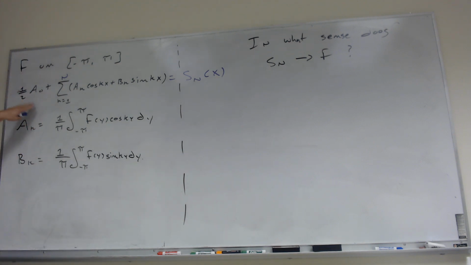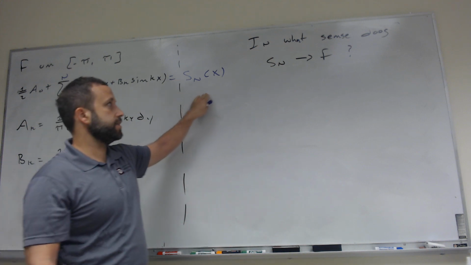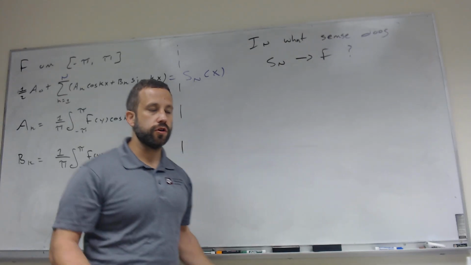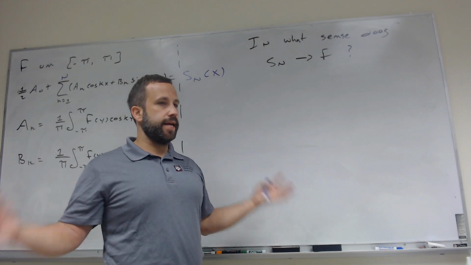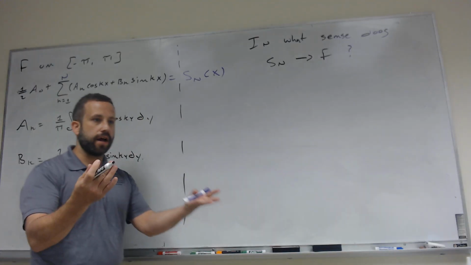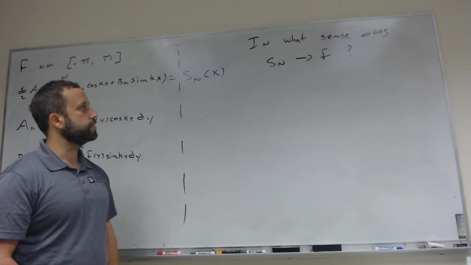Okay, so we're kind of thinking about f as being fixed. So of course for every f, we're going to have a different Sn. So this Sn depends on f. And so the question is, in what sense does this convergence happen? And does it happen in any sense would be another question, kind of a hidden underlying question.